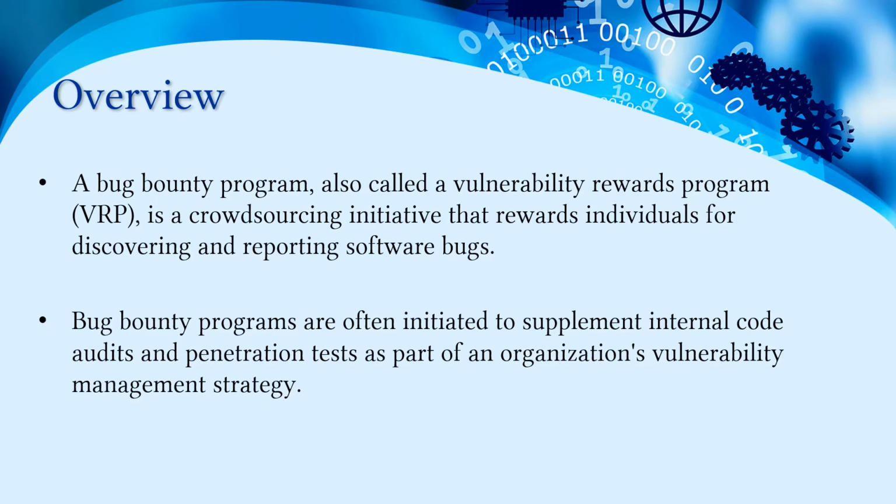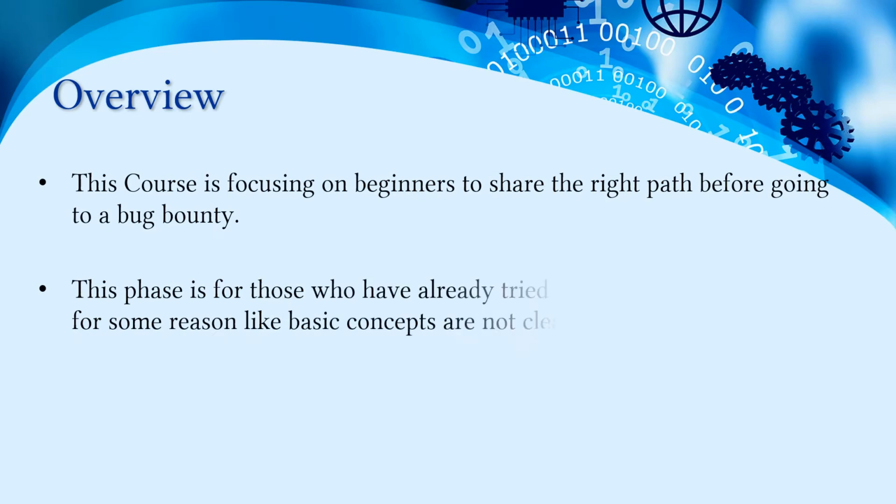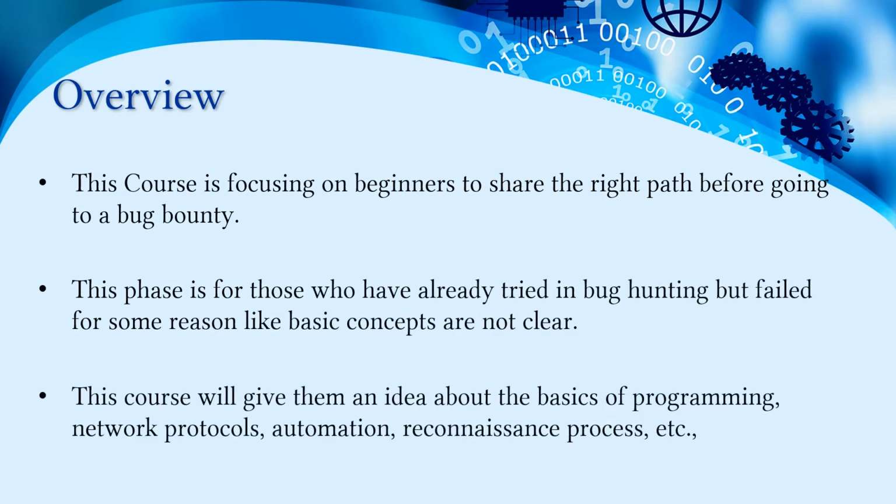A bug bounty program, or you can also call it a vulnerability reward program, is a crowdsourcing initiative that rewards individuals for discovering and reporting software bugs. Bug bounty programs are often initiated to supplement internal code audits and penetration tests as part of an organization's vulnerability management strategy. And this course is focusing on beginners, to share the right path before going into